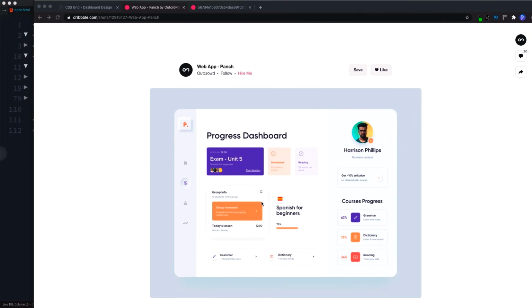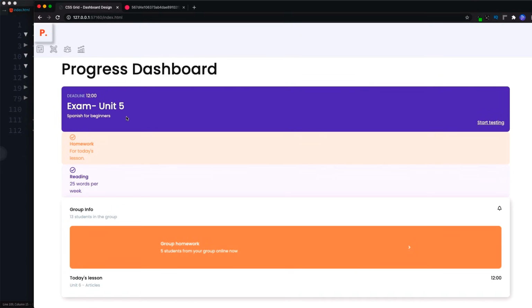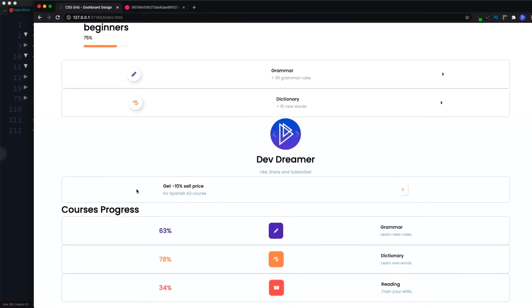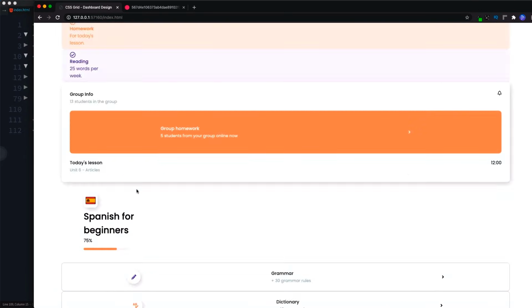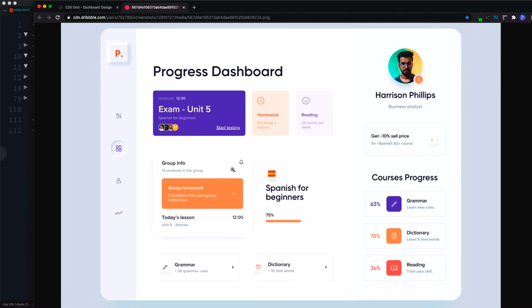Now I've actually opened this image up in a new tab, so let's just close this for now. Okay, so here it is in a new tab. And for this, I've already gone ahead and created all these little elements here. So if you take a look at our page, I've gone ahead and created all those elements. And now what we want to do is use CSS Grid to lay this out so that we turn this into this.